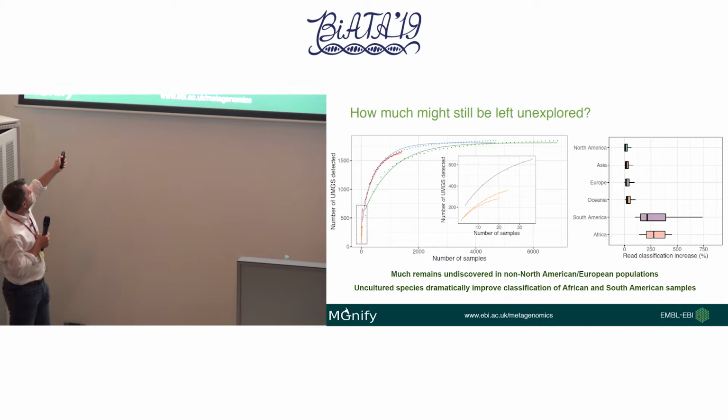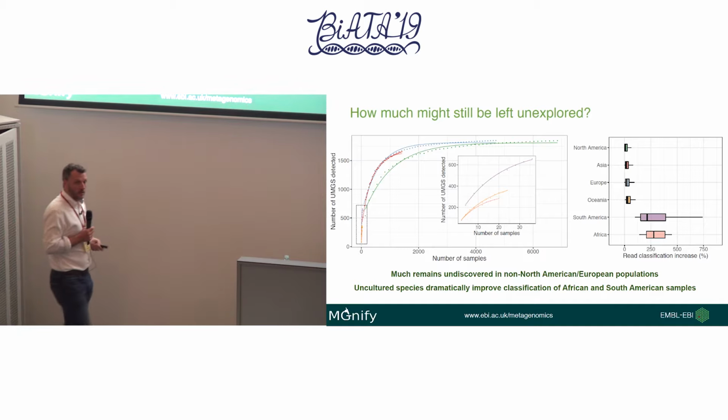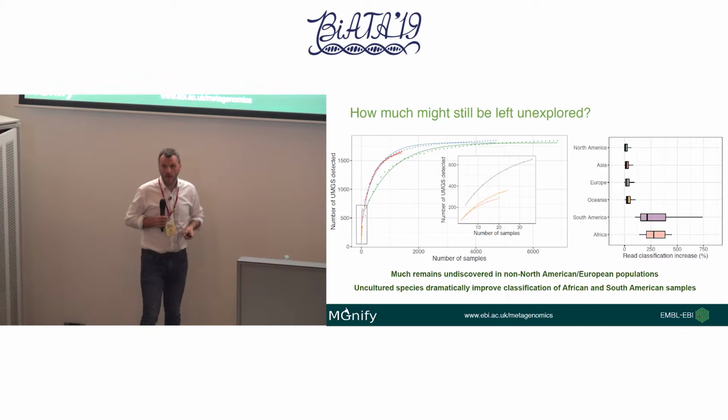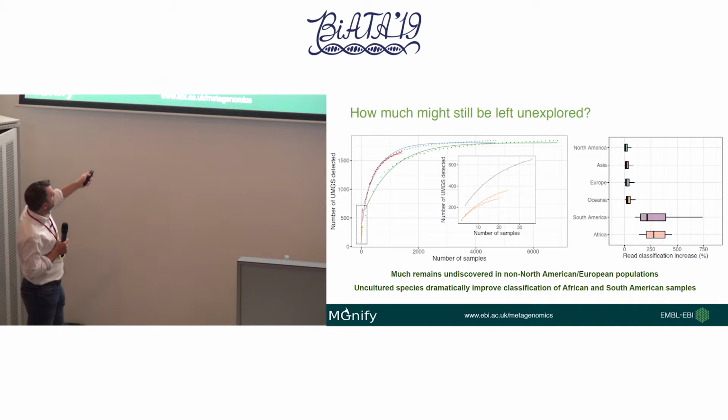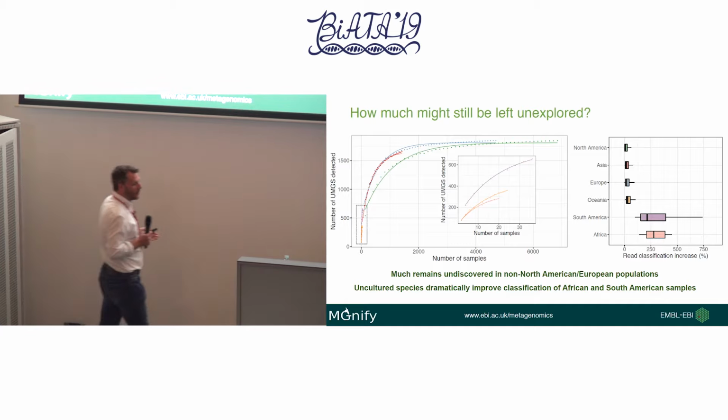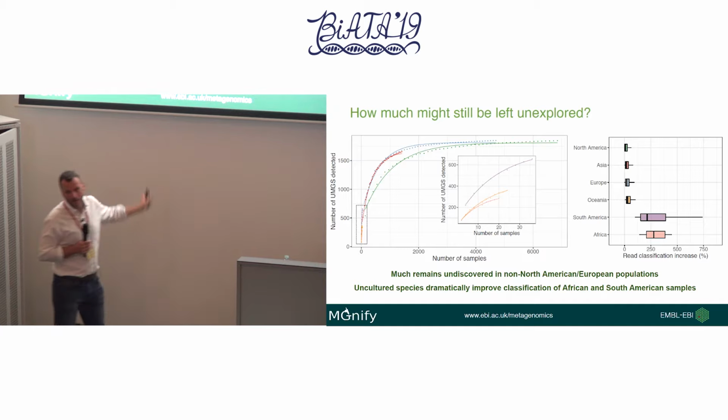If we look at Asia, it seems to be following a similar trajectory to the European gut, which is again quite interesting, but we still lack samples, and Asia is really biased in the fact that it's mostly Chinese populations that we see. If we look at the other continents, they are so poorly represented, you can't make any inference whatsoever.